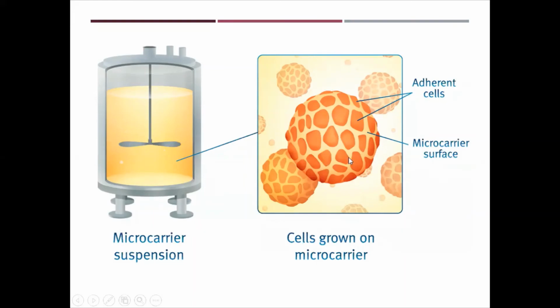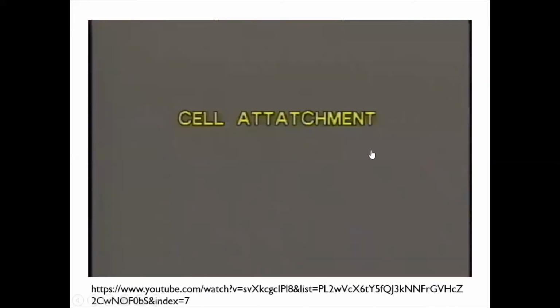Now this is how you have the beads, and on the top of them you can see the adhered cells. So this is how the microcarrier works in the bioreactor. Now the idea is clear to you. Can you imagine now how the cells are attached? Yes, ma'am. Okay. So just see the cell attachment now. Another video.